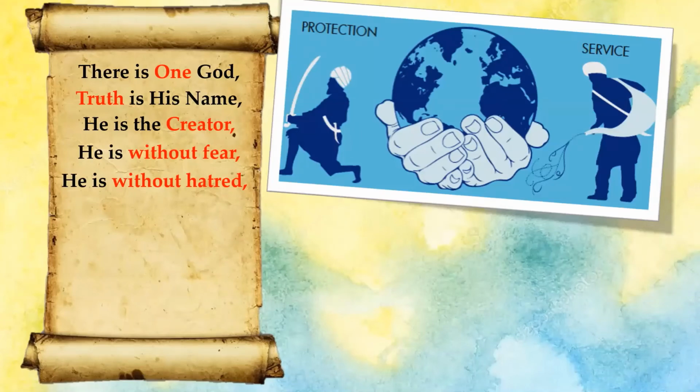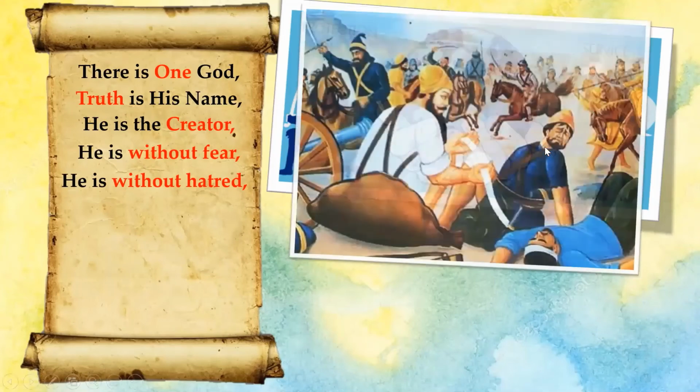So part of Nirvair is that Sikhs have always protected and served others. We protect others because we're against hatred. We serve others to get rid of hatred. A key example of this: if you type in your chat box the name of the person in this picture, let's see who knows it first. Who's the first person to write who this is? Well done, Japji Singh, you're the first person. First people to write, Bhai Kanhaiya Ji and everybody else.